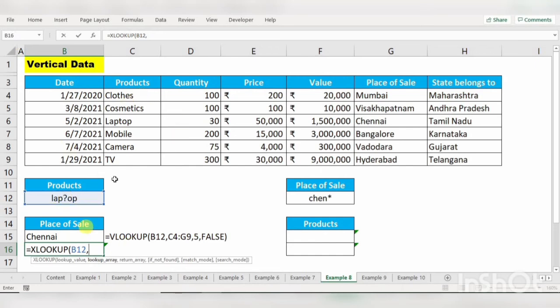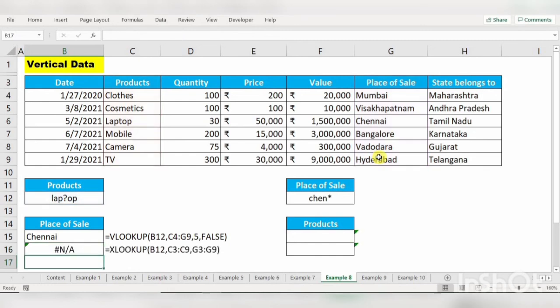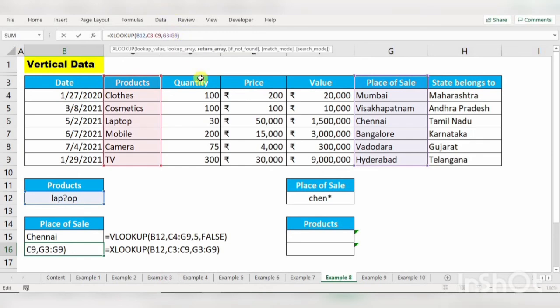Let's see, lookup value and lookup array, and return array is place of sale. When I give enter, it will throw an error message, because here it will pull only the exact match scenario if you are not giving any match mode function.